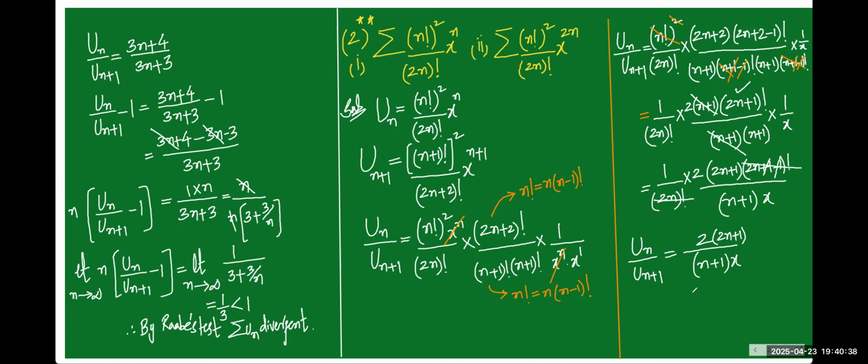Okay. Now taking n common because we are about to apply the limit. So before applying the limit, make sure that no nth term should be there. So let us take n common. And if you want, you can call this one as equation number 1. Next page I'm moving. Now un by un plus 1 value is equal to that previous step, I'm writing again, 2 into 2n plus 1